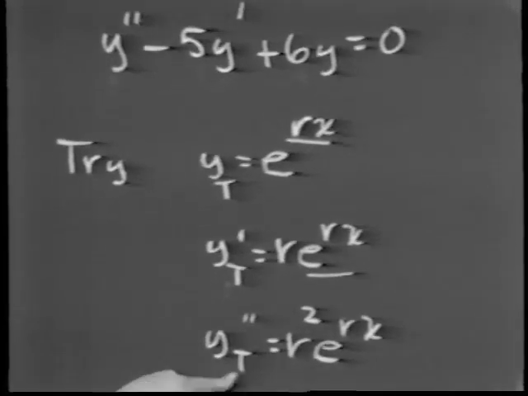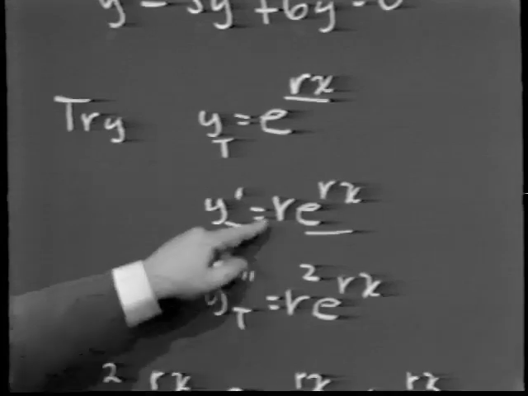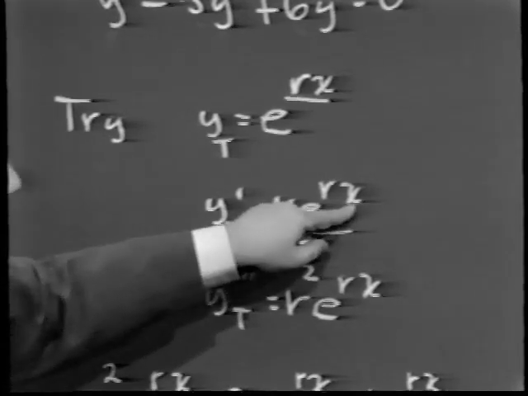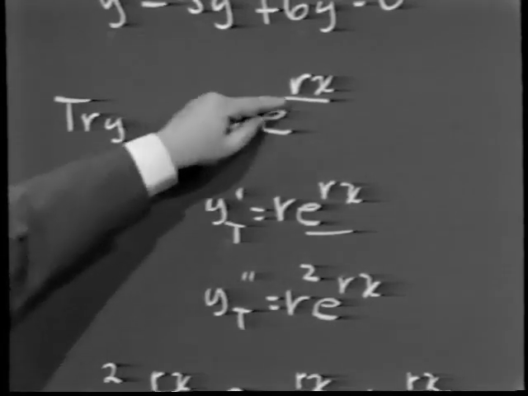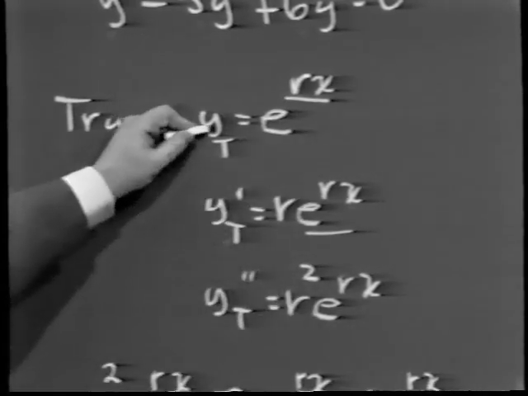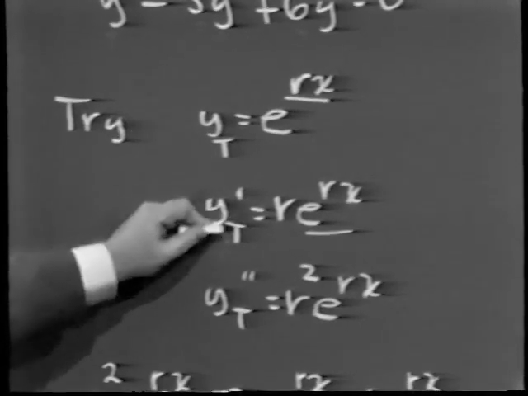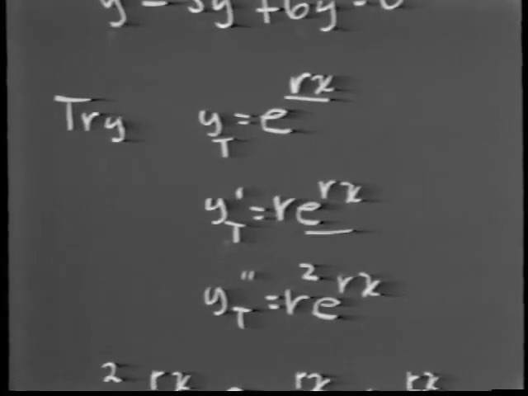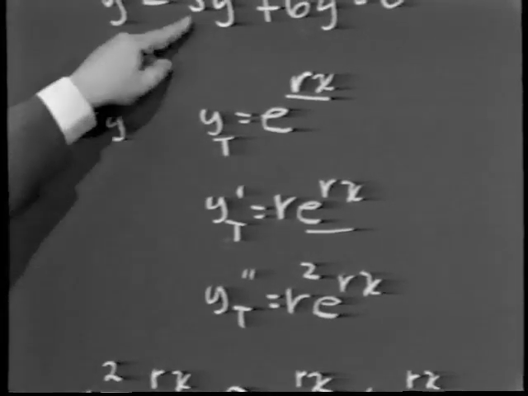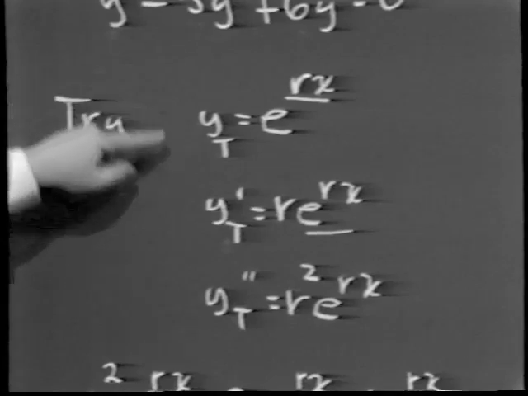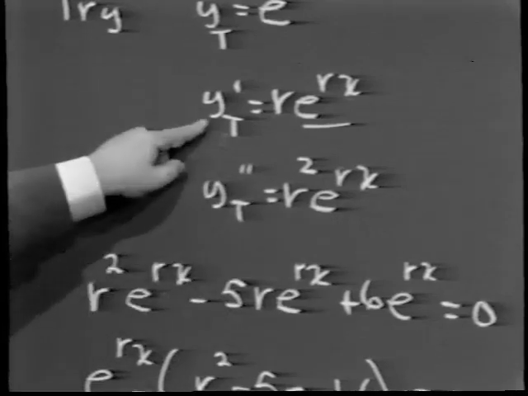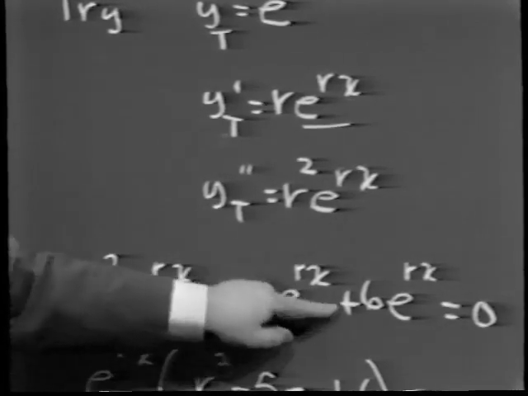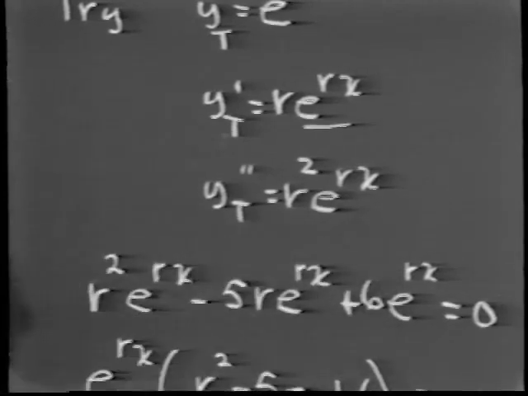So notice that the first derivative of y sub t with respect to x is r e to the rx. The second derivative of y sub t with respect to x is what? R is a constant. I differentiate e to the rx. That brings down another factor of r and leaves me with e to the rx. Notice that e to the rx is a common factor of y sub t prime and y sub t double prime. If I now substitute these results back into my original equation, look what I wind up with. y double prime becomes r squared e to the rx, minus 5y prime, that's minus 5r e to the rx, plus 6y, 6e to the rx,